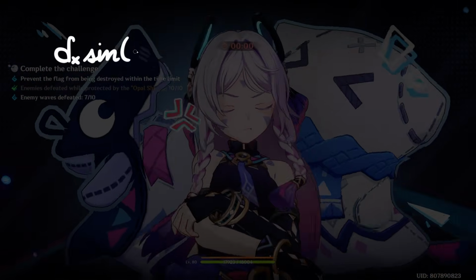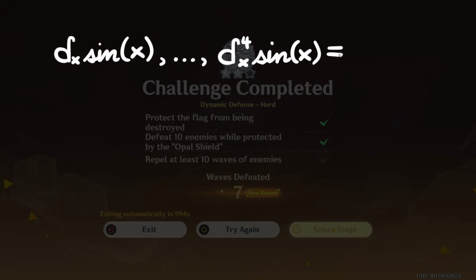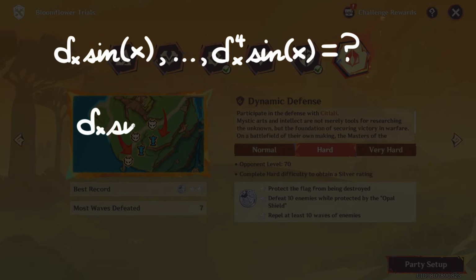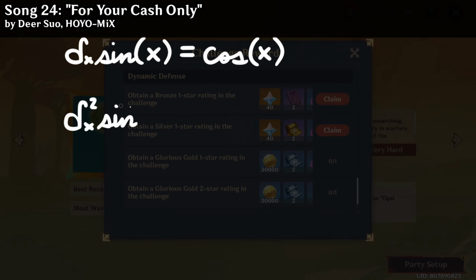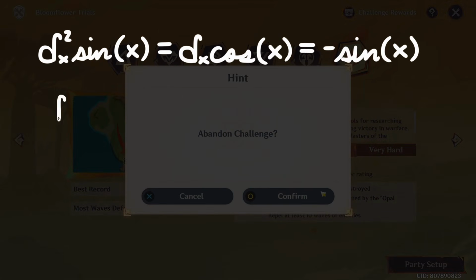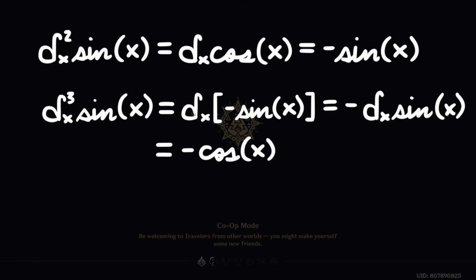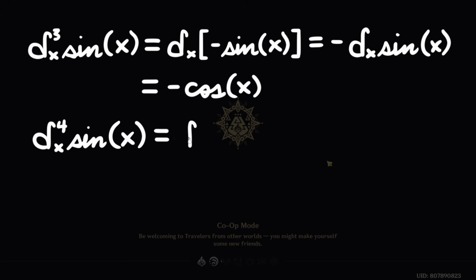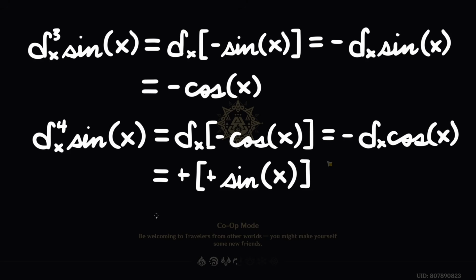Let's consider an interesting example. Calculate up to the fourth derivative of sine of x. For the first derivative, it's simply cosine of x. For the second derivative, we take whatever the first derivative was and differentiate it again. This results in negative sine of x. For the third, we differentiate again, factor out the negative, and then we have the derivative of sine again. Now for the fourth. Factor out the negative, differentiate cosine of x, and wait a minute, you get back to